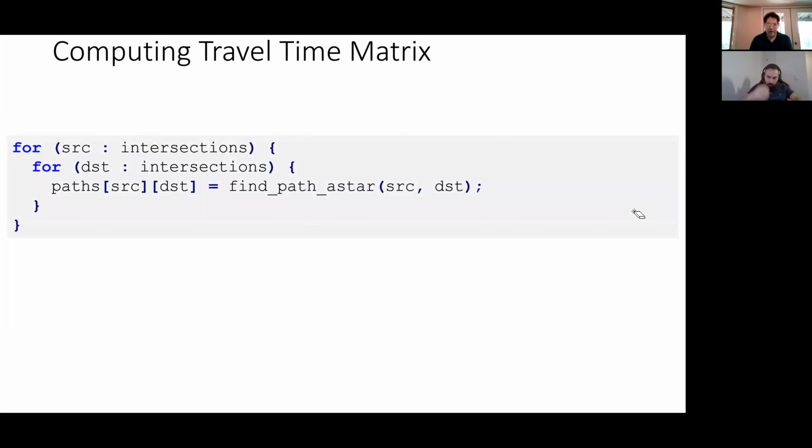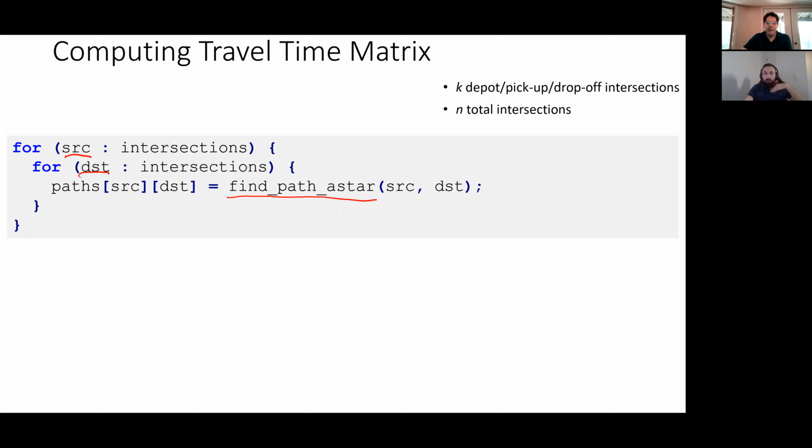Okay, so one way we could do that, and again we talked about this in lecture, is we could go through for every starting intersection to every destination intersection. We could call our fastest milestone 3's path search, which was the A-star algorithm. And if we have k interesting intersections, so that's the sum of our depots, our pickups, and our drop-offs in a graph that has a total number of nodes or intersections of n,